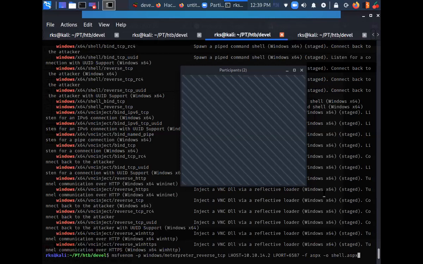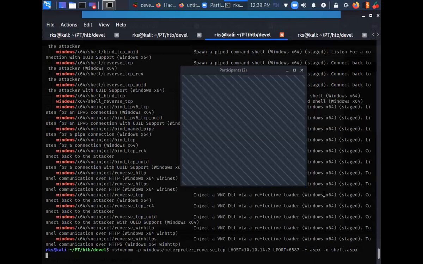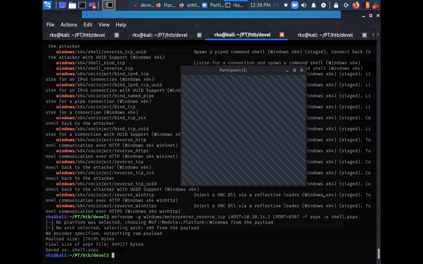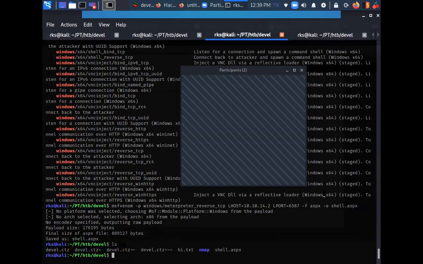Let's press enter. Let's do ls here, and we can see shell.aspx is here. So this file has been created.